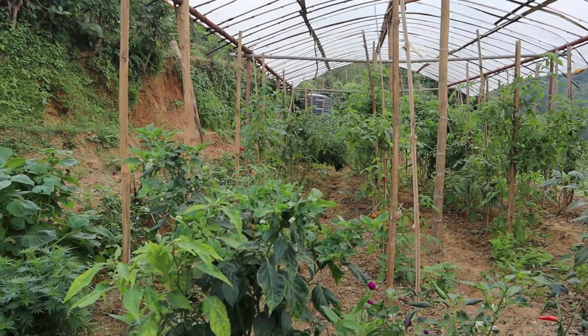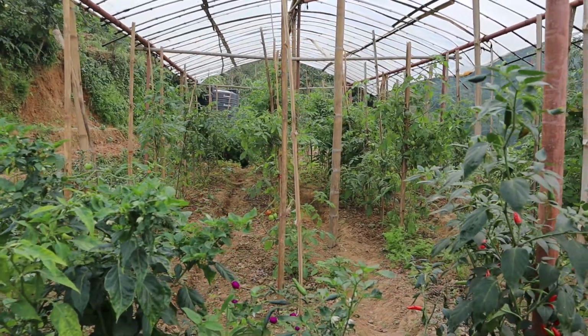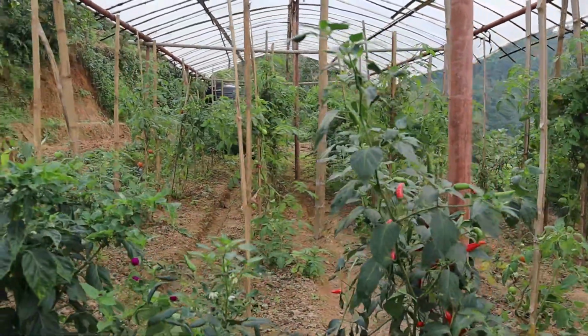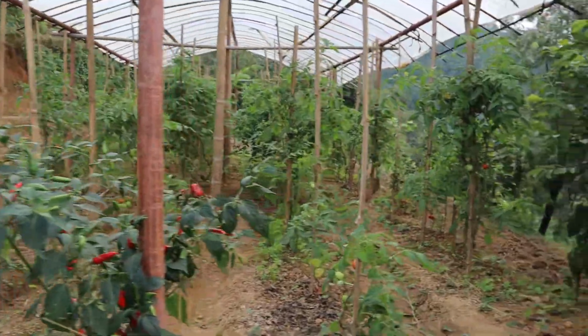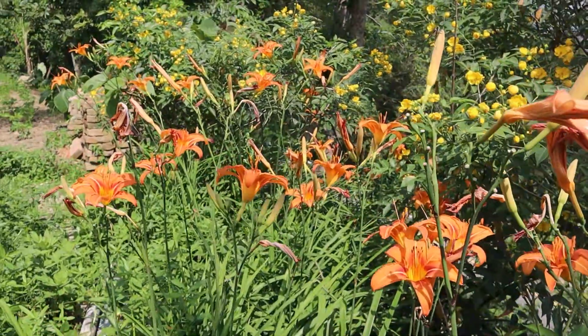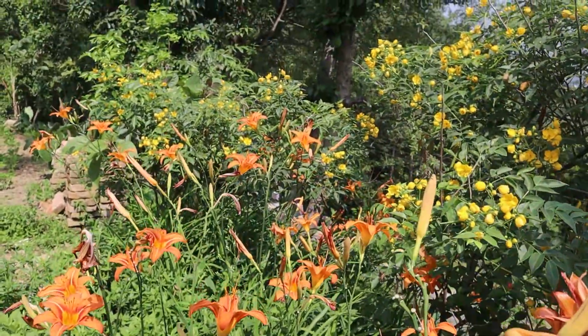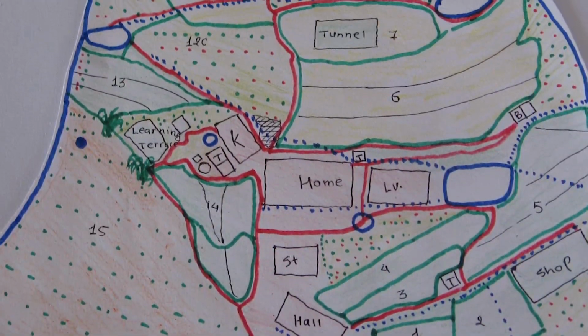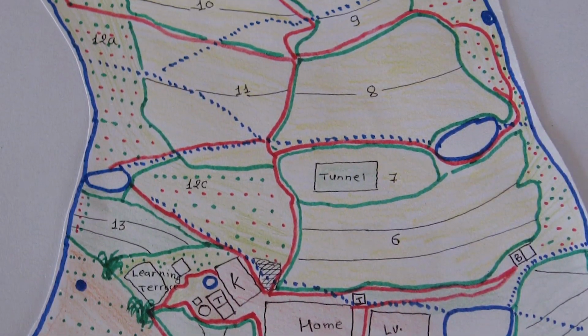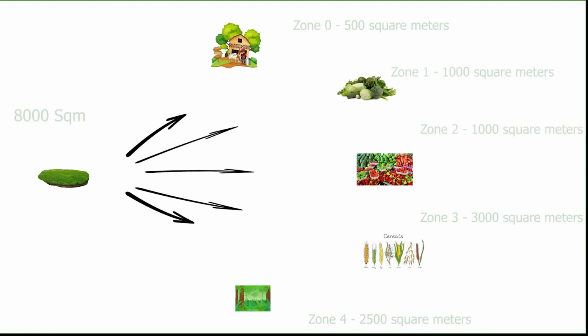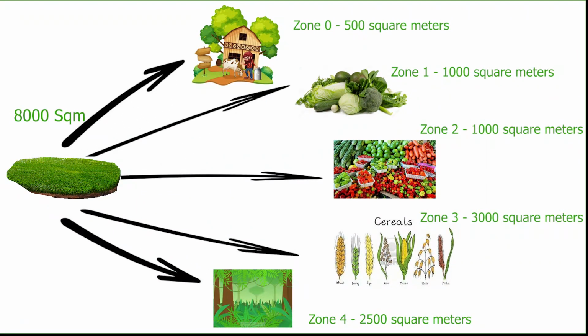The practical objective of permaculture lies in implementing these design principles to design a sustainable farm, and this is where it gets exciting and challenging as well. To achieve this at Hasera, out of a total of 3/4 of a hectare of land, we have 500 square meters for zone 0, 1000 square meters each for zone 1 and zone 2, 4000 square meters for zone 3 and 2500 square meters for zone 4.